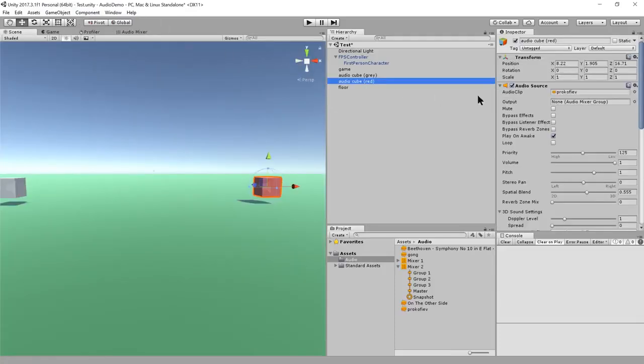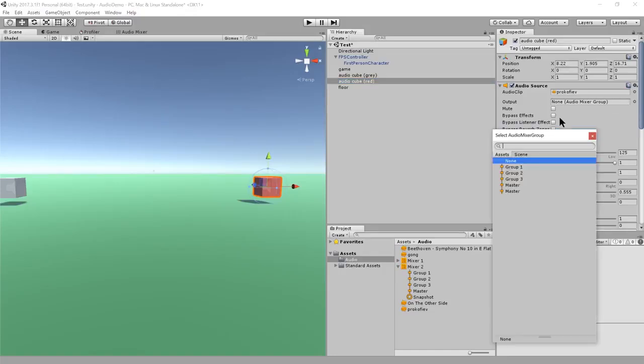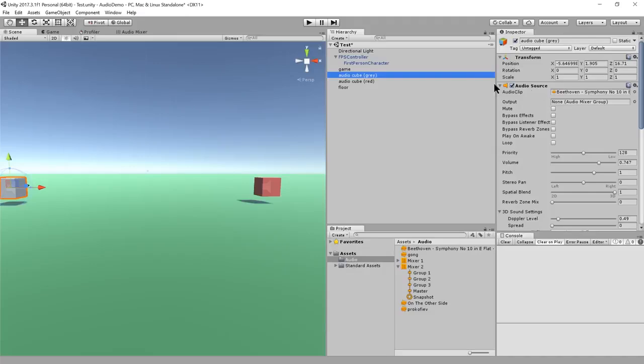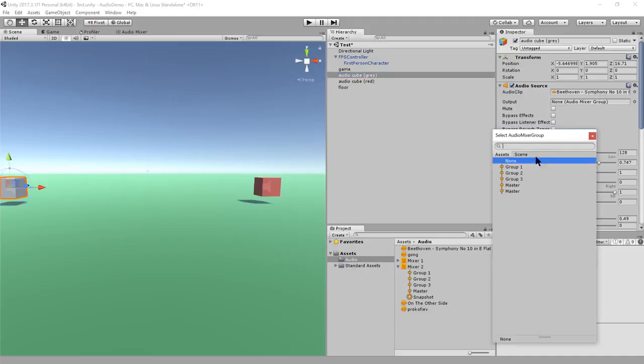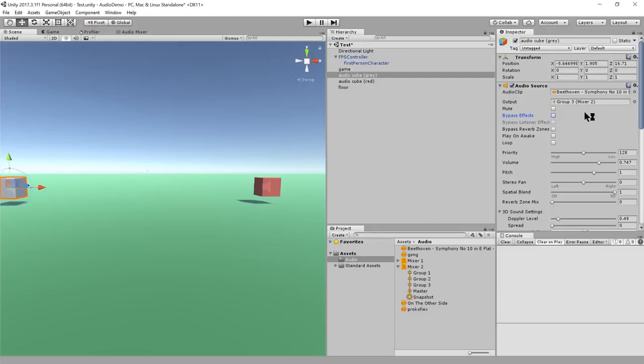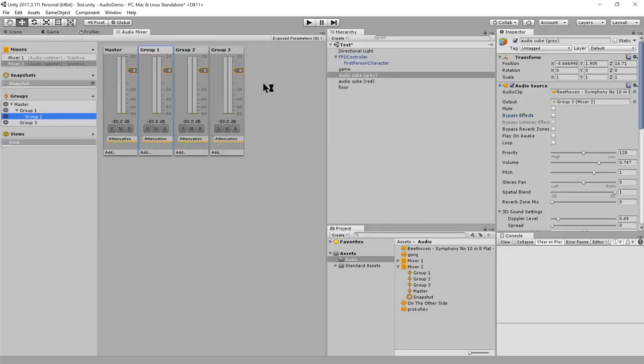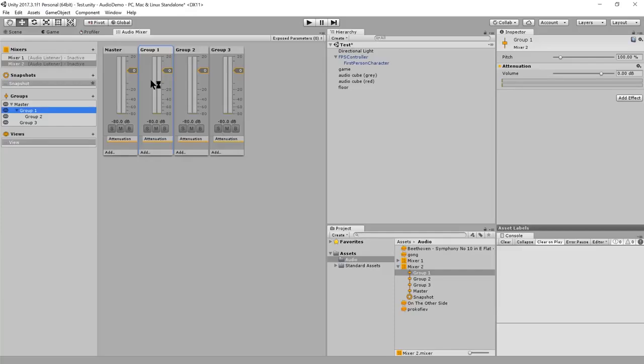Okay, so what these mixers are is that on our sound sources, let me go back to the scene. Red, I'm going to pick here group 1, and we'll say this gray cube also has a sound source. We'll pick group 3. Okay. Oops, don't want to bypass effects. Go back to the audio mixers. Okay, so now there are sounds being routed into these mixer groups,